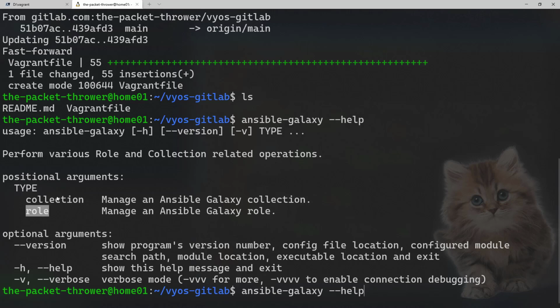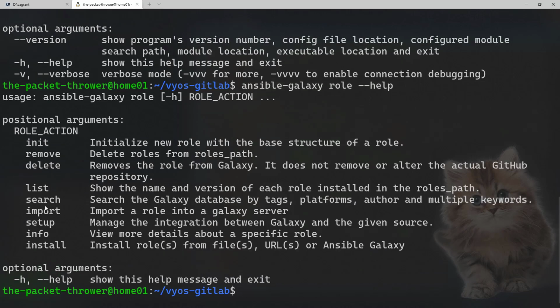So we're going to do role, and we can see that we can initialize a role with init. And this is going to be within the base of the structure. The idea here is it will set up the folder structure for us to effectively use the roles in Ansible. So we'll say init